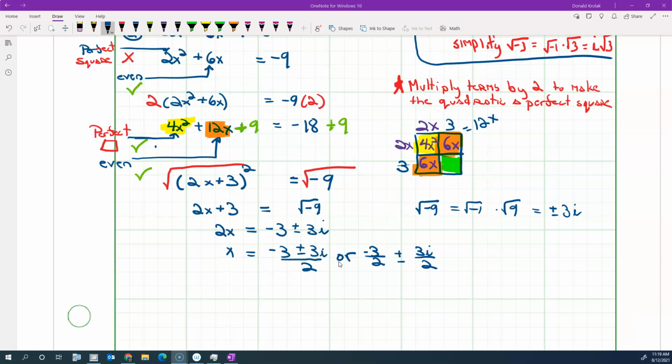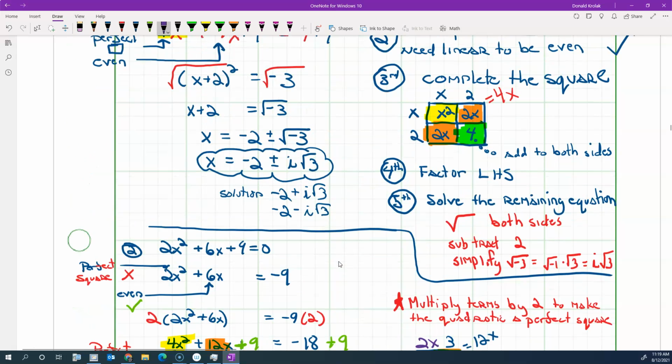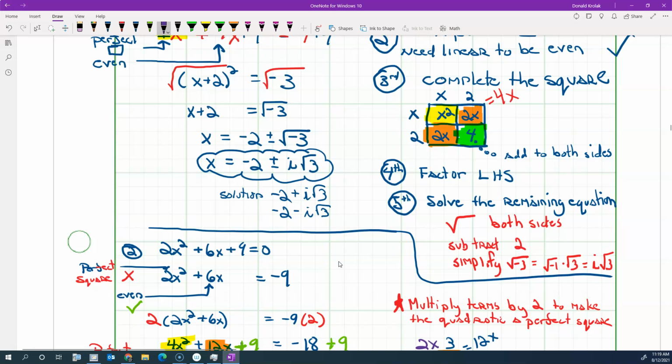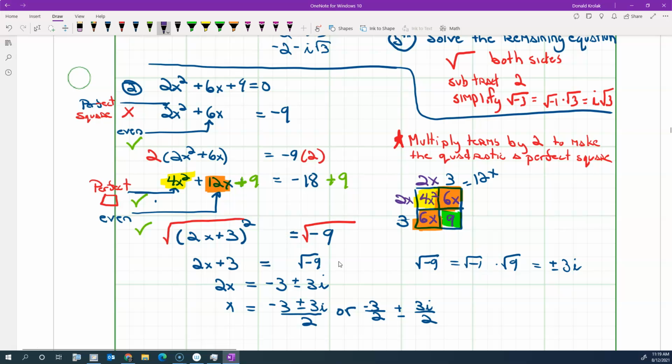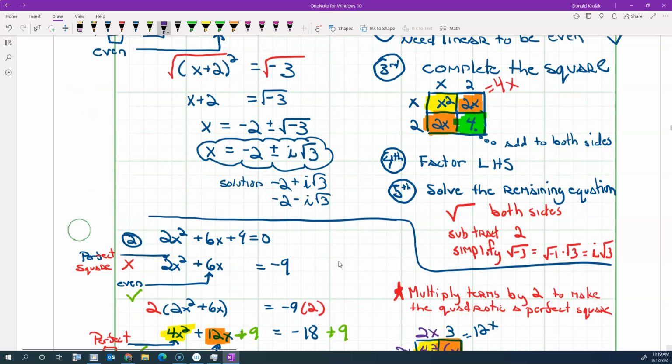Why did I add this 9 right here? Okay, so this term, 3 times 3, that's 9. So whatever you get for that number, you add to both sides. That's where that 9 came from. Now, that's how you got the number. What it does is, for something to be a perfect square trinomial, when we did them yesterday,